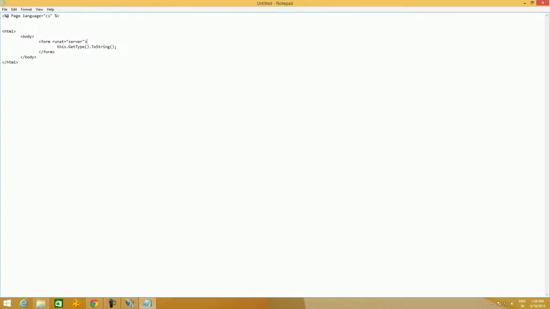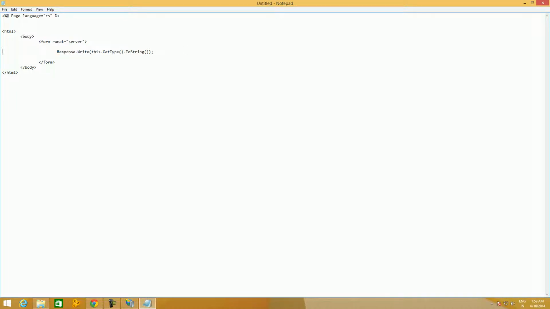But to print on a web page, there is a function in ASP.NET called Response.Write. This is similar to Console.WriteLine, which is used to print in console mode, whereas Response.Write is used to write on the web page from within the web page.